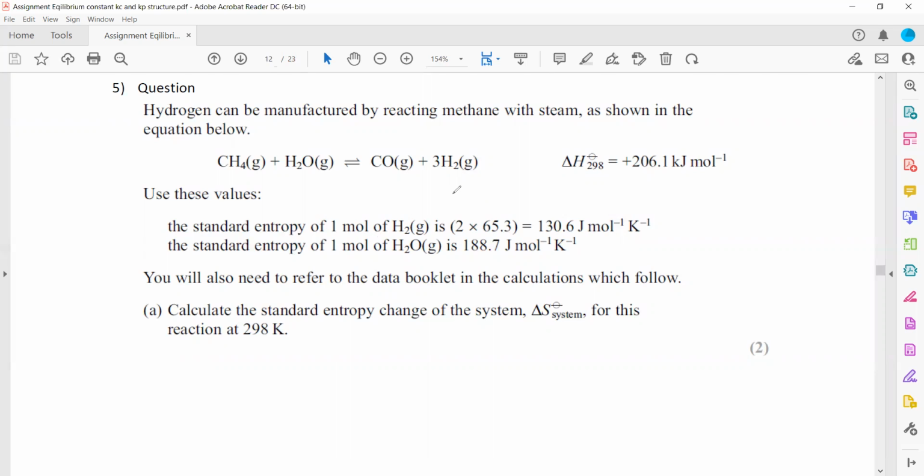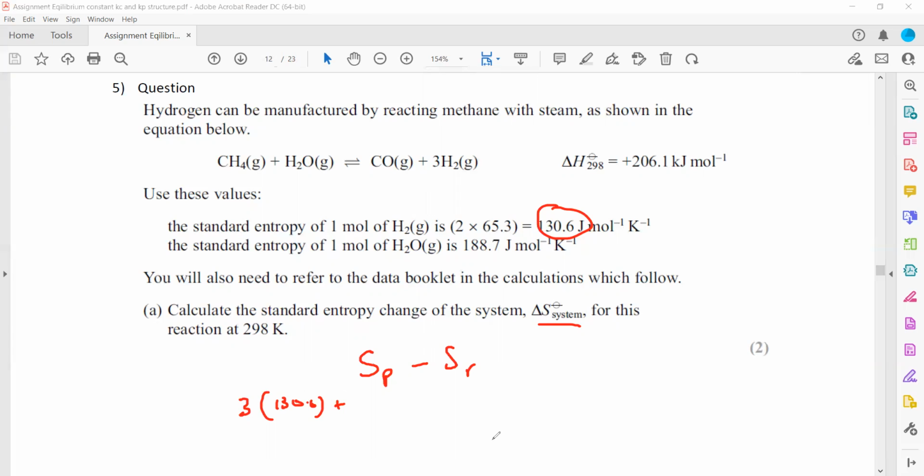Like for 1 mole of hydrogen it is this much. But how many moles of hydrogen are there? There are 3 moles of hydrogen, so this will be multiplied by 3, because when 1 mole is there, it is 130.6. So the entropy of a system is the product minus the reactant. So this will be 3 times 130.6